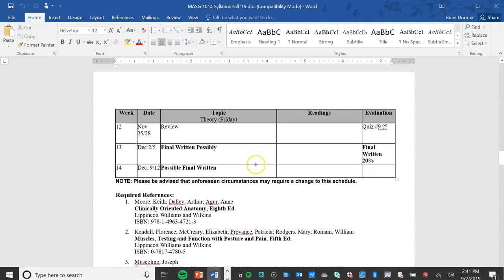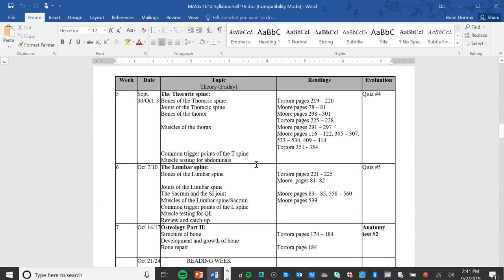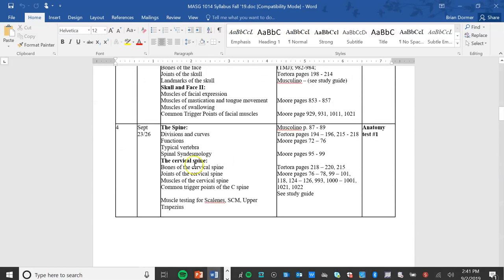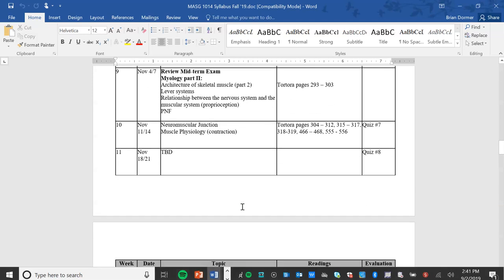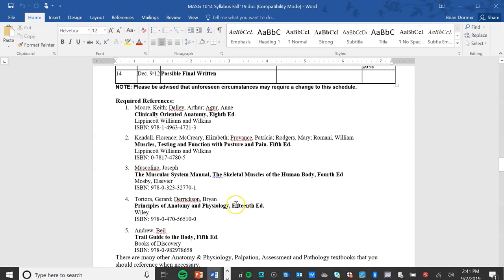If I go back to learning the muscles here, which we see in the various parts here, so the muscles related to the cervical spine, thoracic spine, and so forth. Please, I ask you to use this book, the Muscular System Manual, for the information on origin, insertion, and